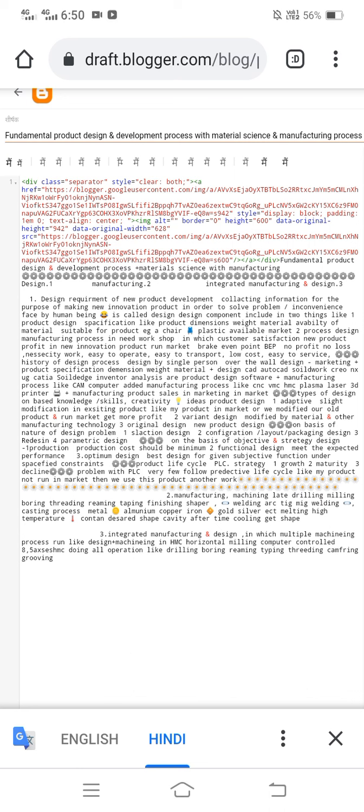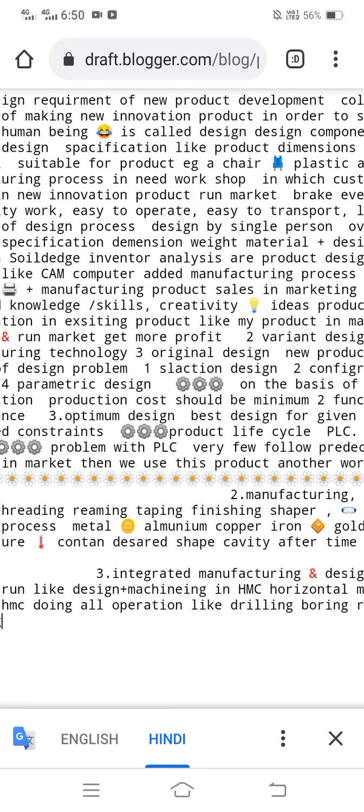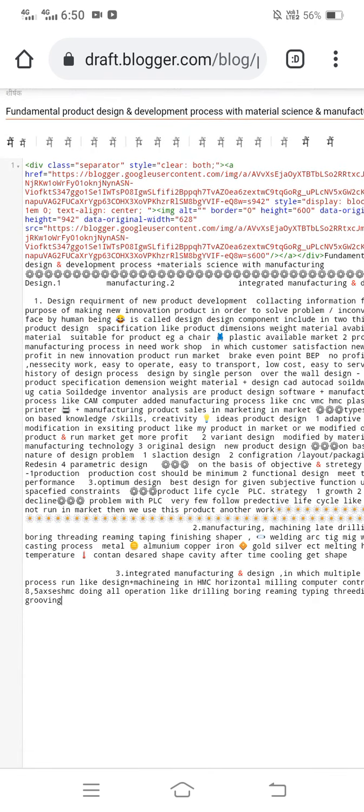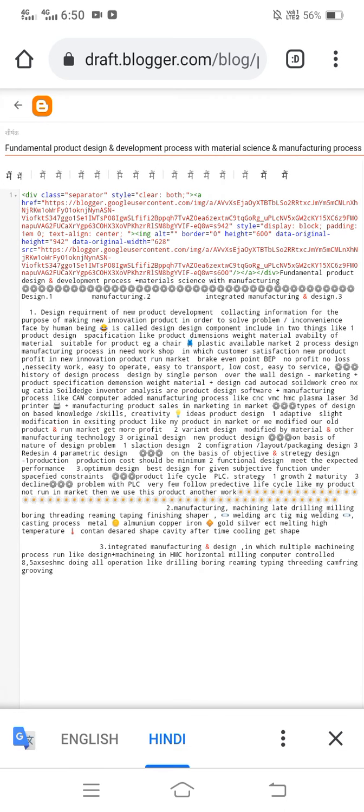Number 2, manufacturing, in which machining such as lathe, drilling, milling, boring, threading, reaming, tapping, finishing, shaper, welding, in which arc welding, TIG welding, MIG welding,